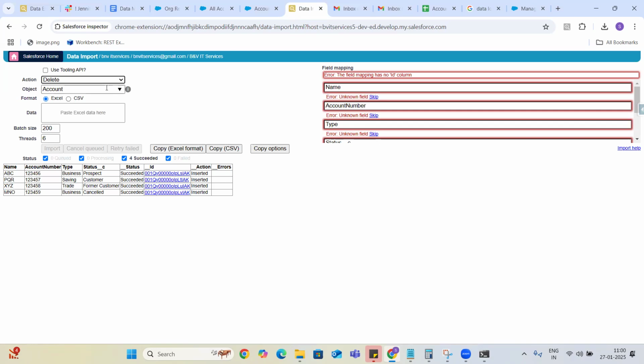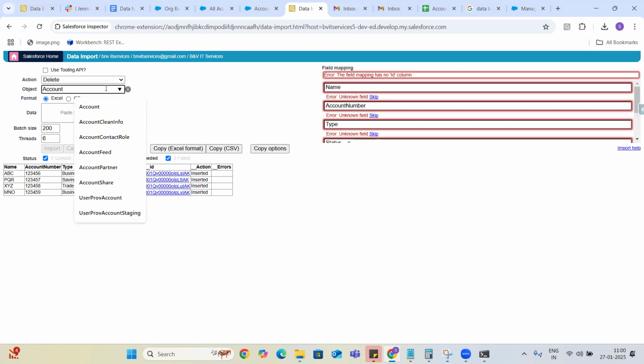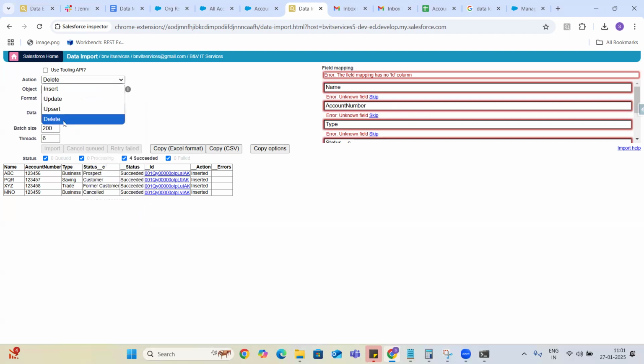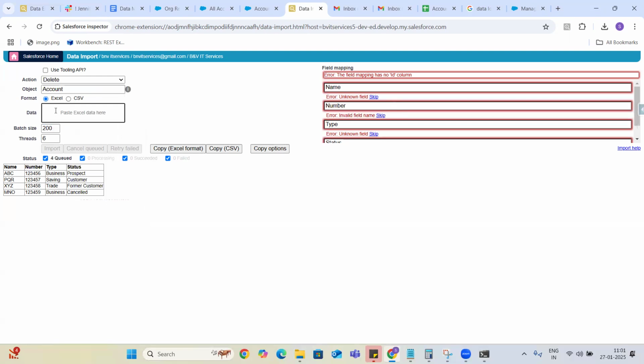I have prepared it for Account, right? You can also prepare it for any account, or for whatever object you wish to load the data into. And then try to map the fields. Okay, in case of a delete operation, guys, whatever CSV file you select, if I paste the same CSV file,